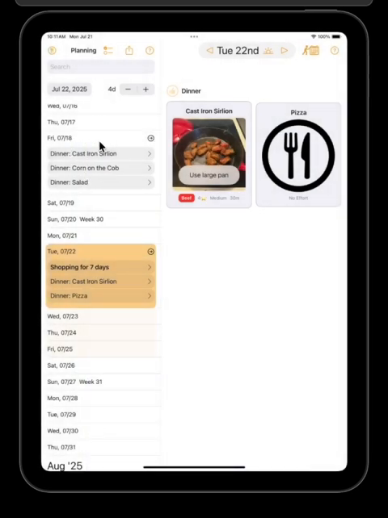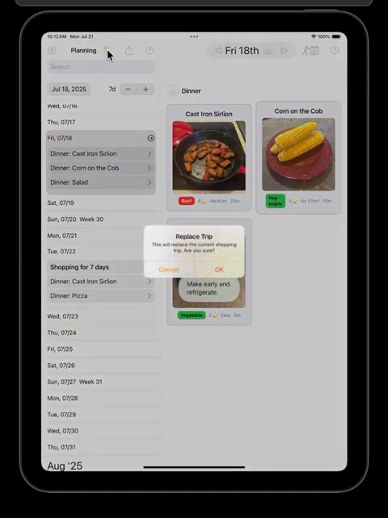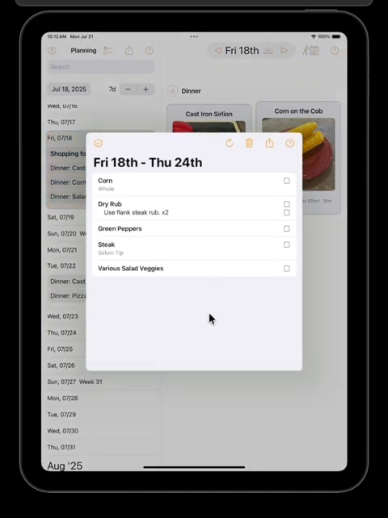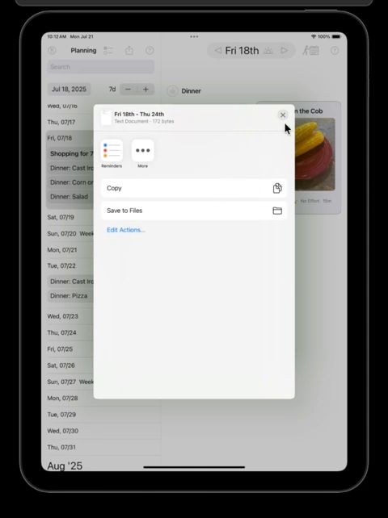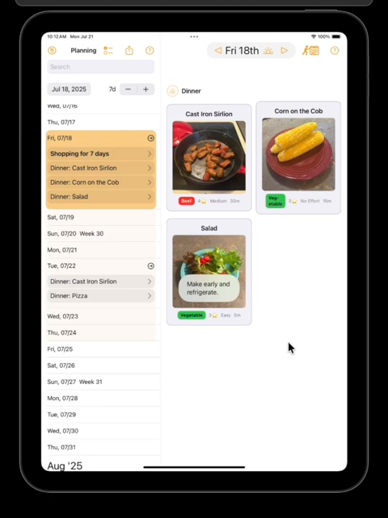Now, if we set our day back to this day, where we had, and let's actually make it 7 days. So we include all of these things, and we want to do a shopping trip. We replace the current shopping trip to this, and this is now everything that we need. It finds duplicates. If you have special notes, we also include those just so you can have a checkbox to confirm every one of these. And then this too can be shared. So you can text yourself your recipe list, or text it to your kid who's going to go out and do the shopping. So you can create a very quick shopping list of what you've planned, assuming you've